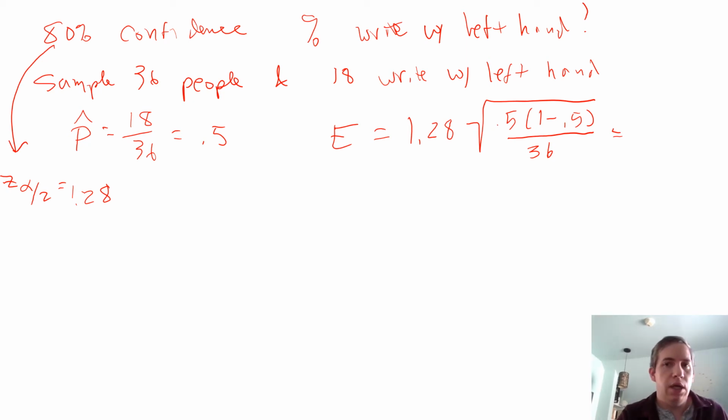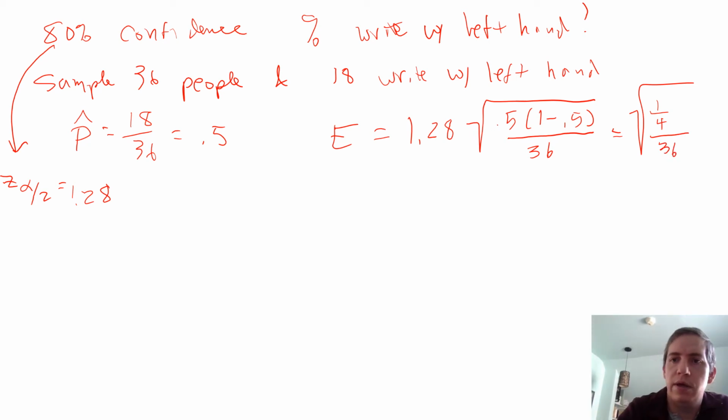And so what you end up getting is 0.5 times 0.5, which is 0.25 or 1/4, over 36. You're going to take the square root of that, and then multiply by the 1.28,